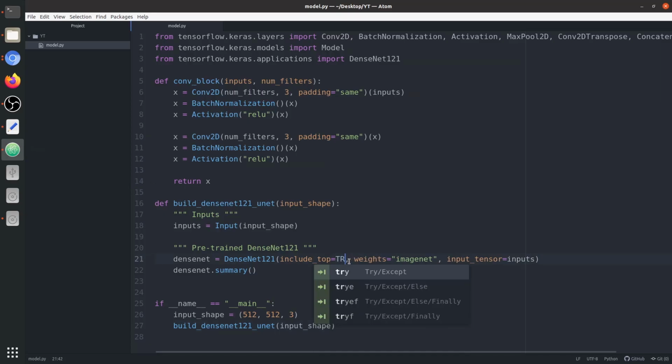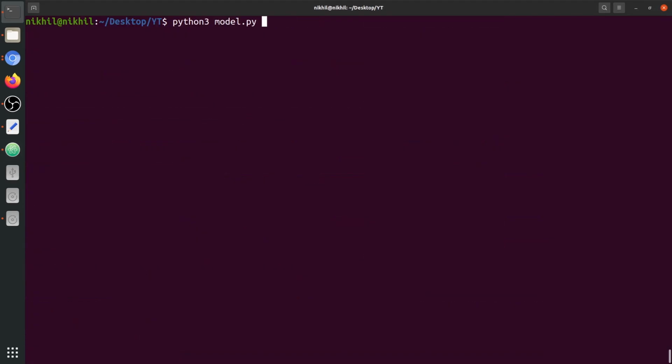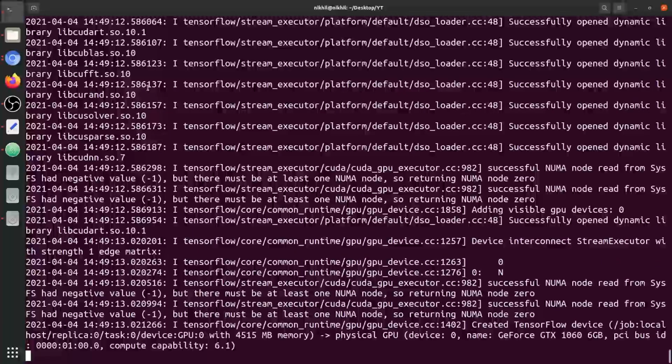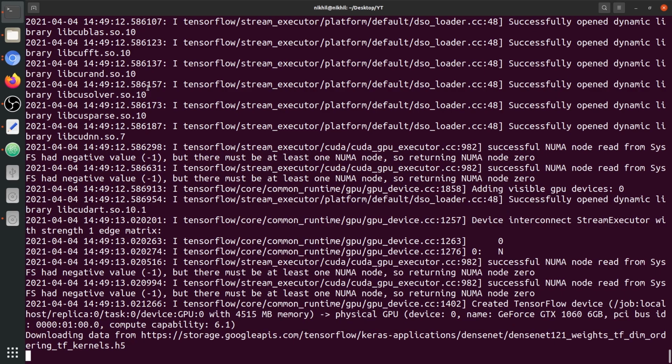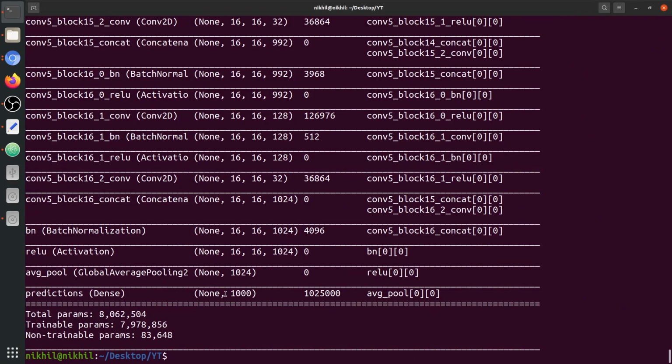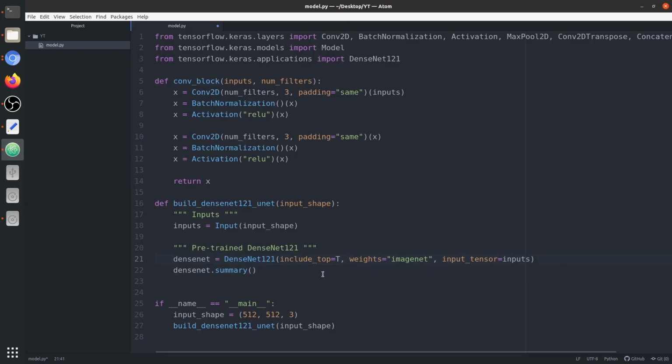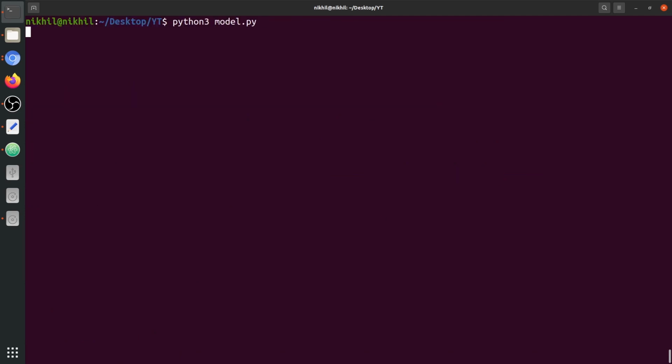Let's say if we set it to true, now what happens? I think first it's gonna download the weights for that file. Here we can see the weights are downloading. So let's wait a few seconds. Okay, now we can see at the last we have a dense layer with number of outputs as 1000, but we don't need it. We just need this ReLU activation at the last. So we're gonna say include top to false. Now it has weights loaded and give it an input tensor of size 512 by 512. Let's run it again.